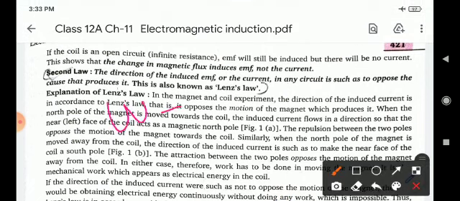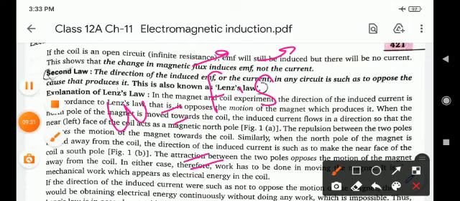Children, we know that work is a product of force and displacement. Force and displacement form a scalar product. The formula is A vector dot B vector is equal to AB cos theta. Children, AB cos theta, so work is F d cos theta. We find the energy of Lenz's law with the help of work.